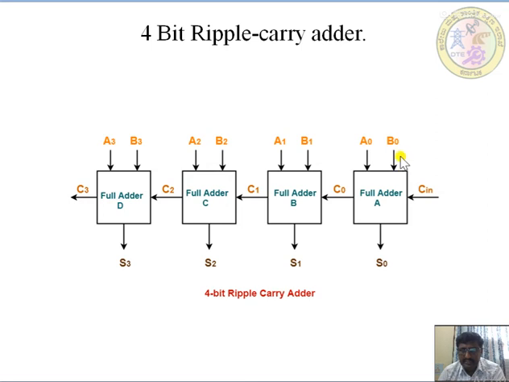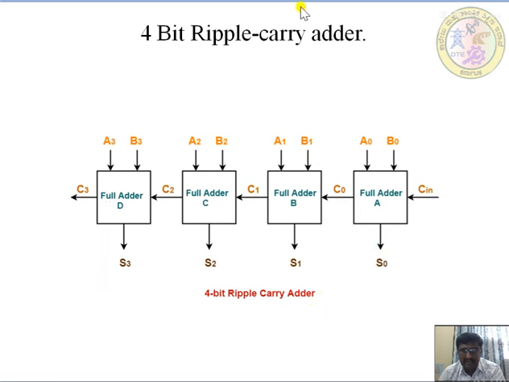So what we are taking is two inputs, since it is a full adder. The first inputs are A0, B0, with Cin as an input. S0 is the output of the first full adder, and C0 is the carry out of the first full adder, which acts as an input to the second full adder, which has inputs A1 and B1. Its sum output is S1 and carry output is C1, which acts as input to the next. This process goes on repeating until 4 bits.